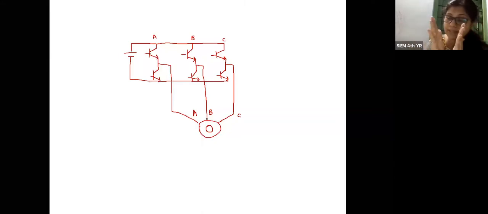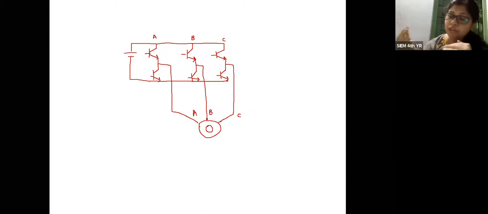In these three arms we can use six separate diodes, because as per the property of the inverter, when we are using a purely resistive load, there is no circulating current in the entire circuit, so we can neglect the diode part. But whenever we are using an RLE load or RL load, a circulating current will flow through this entire circuit during the off state of the power electronic switch also.